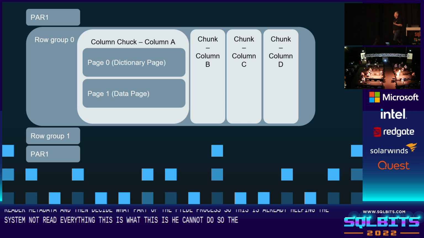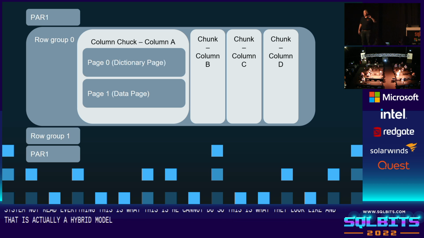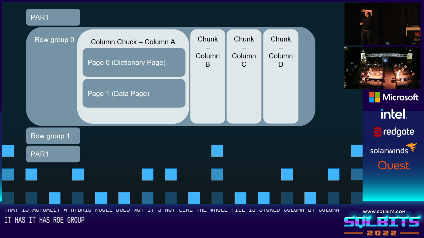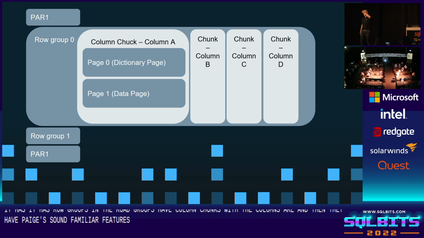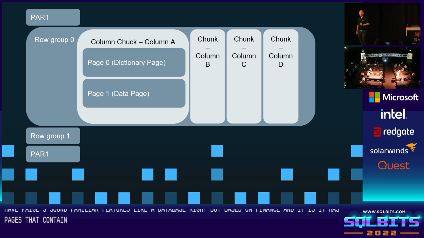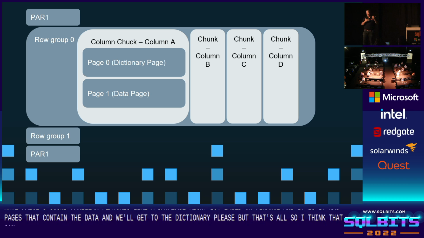So this is what they look like, and it's actually a hybrid model. So it's not like the whole file is stored column by column. It has row groups, and the row groups have column chunks where the columns are, and then they have pages. Sound familiar? Pages, it's like a database, right? But based on files. And it has pages that contain the data. And we'll get to the dictionary page. But that's also a thing that can save the system a lot of...